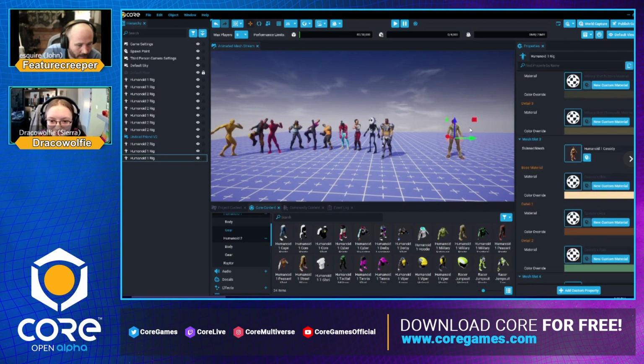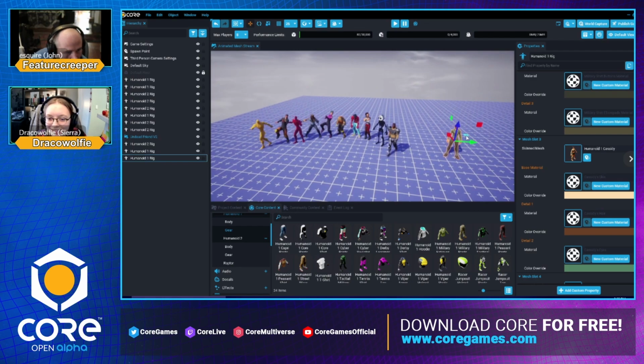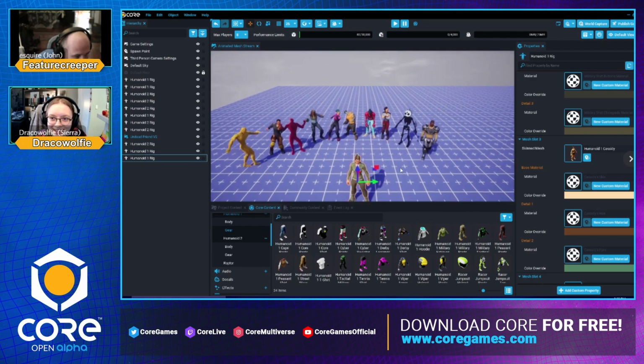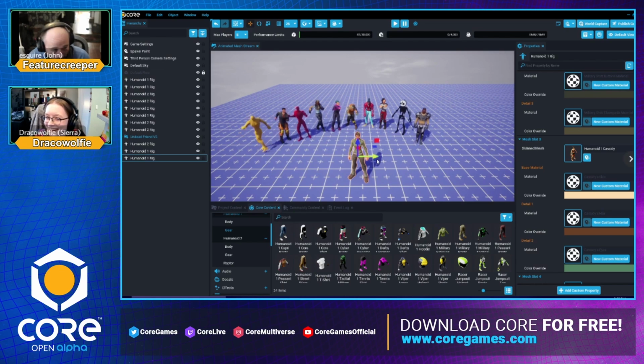Verbose Toast asks, can I make a golem made out of other smaller golems? You technically could, I know that